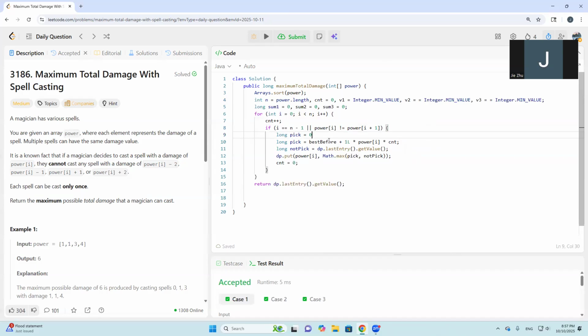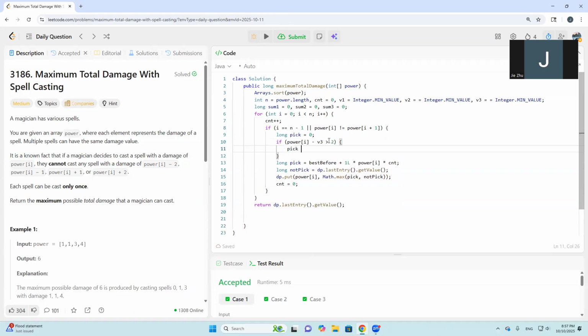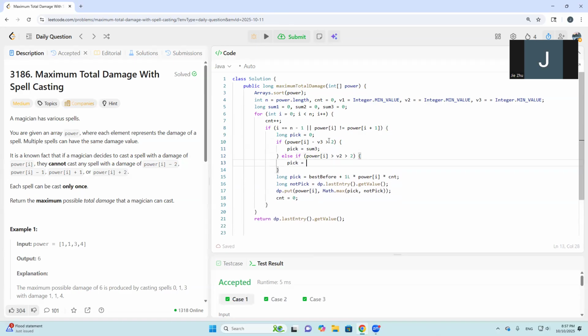Actually, all we will say this is the base before, right? So let's look at what is the base before. So we'll say if power I minus v3 is already greater than 2, right? Then we have pick equals sum 3. And else if power I minus v2 greater than 2, right? Then we just have a pick. That is base before, right? Equals to sum 2. And we'll write else if power I